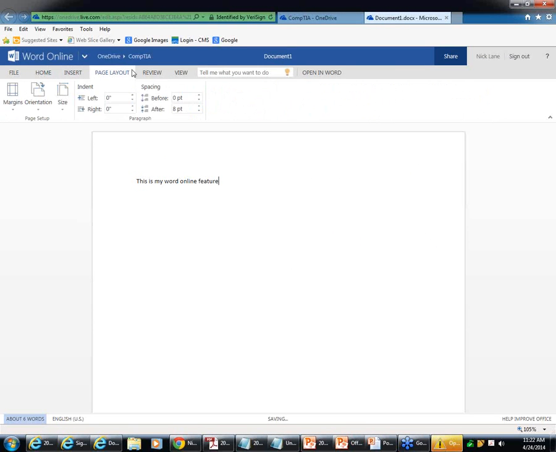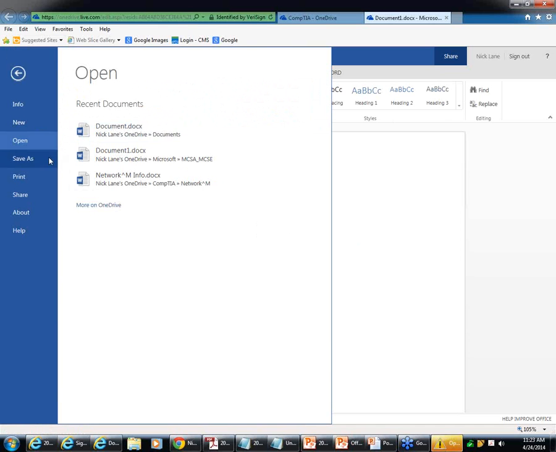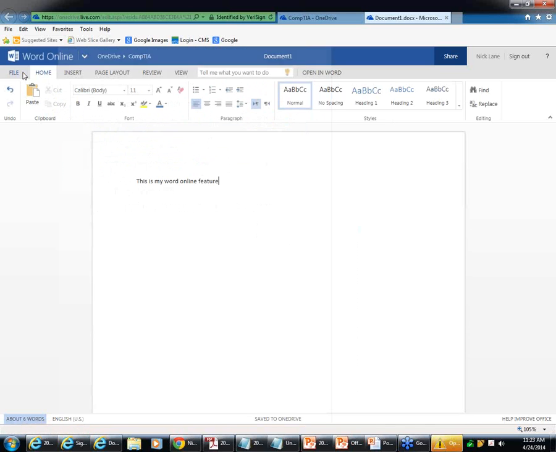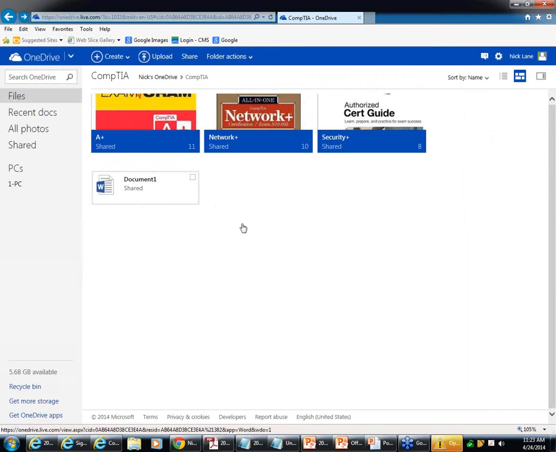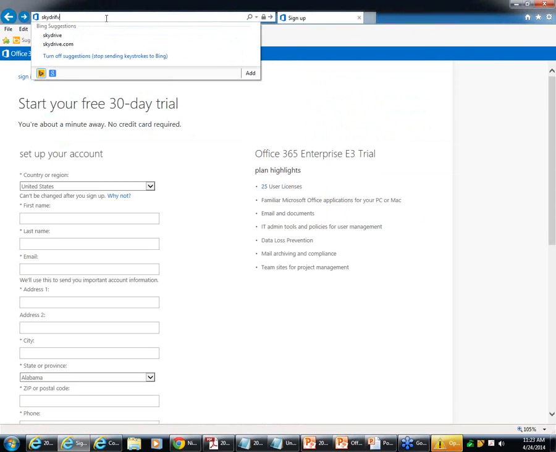You get all the different features here for free. There's no money involved in this. The catch is you don't have all the features of Word 2013; you have, I would say, the most common features. I could go to File, Save As, and save this to my physical computer if I wanted to. Otherwise, if I close it, now I've got that file there. I think I went too far ahead there, pardon me. Let me go back to my SkyDrive.